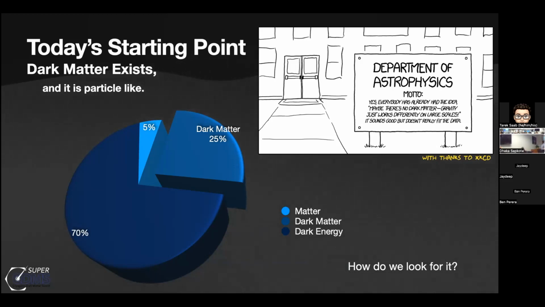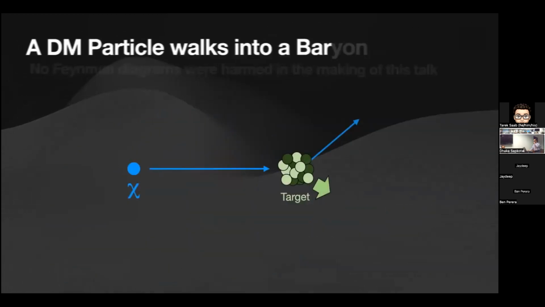We believe that this, about 5 times more in terms of mass, has to be a particle, but it cannot be one of the particles that we know so far. So it cannot be made out of the standard known quarks or the standard known leptons like electrons. Otherwise, the interaction between these two kinds of species would have led to very different observational phenomena than we've seen so far. So the question becomes: if this type of particle is out there and interacts very, very infrequently with regular matter, how do we go about looking for it?